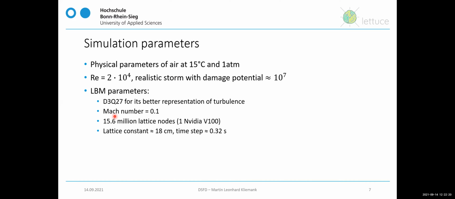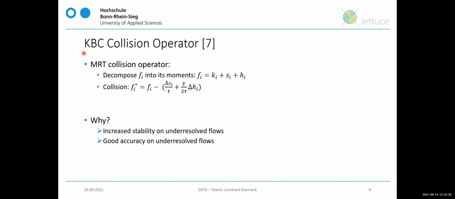A Mach number of 0.1 and managed to fit about 15 million lattice nodes in one NVIDIA V100, which gives us a lattice constant of 18 centimeters and a time step of 0.3 seconds. And as I said in the title as well, we're using the KBC collision operator, which is an MRT collision